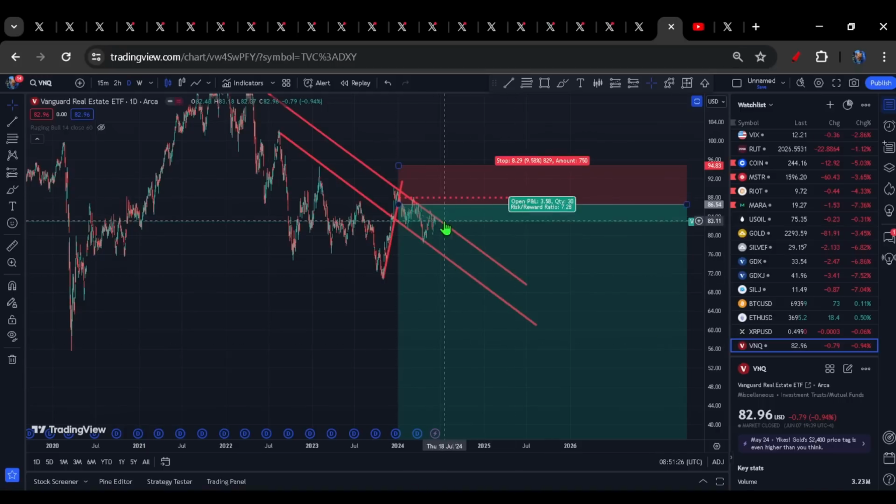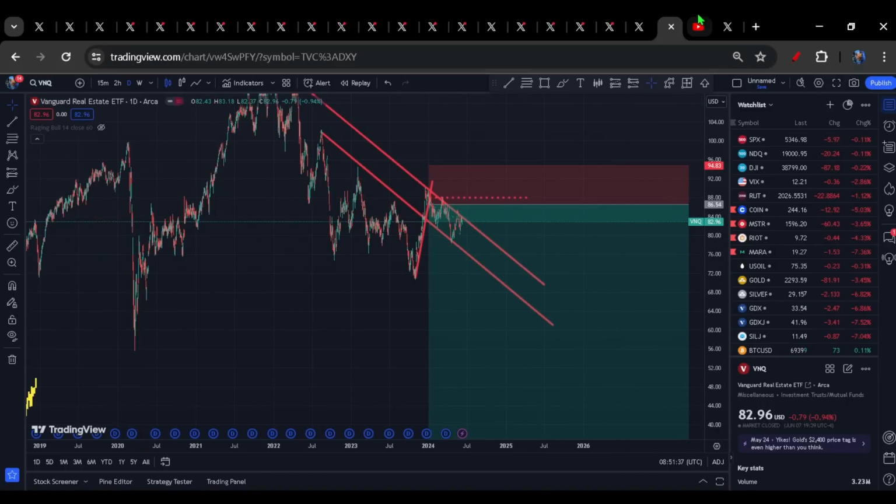I am still short VNQ, the housing market, so we'll see. And a bunch of those crypto related equities we got in the members section are looking pretty good, to be honest. So despite the bit of red we've got, I think I'm happy with what I'm seeing, and that's encouraging.